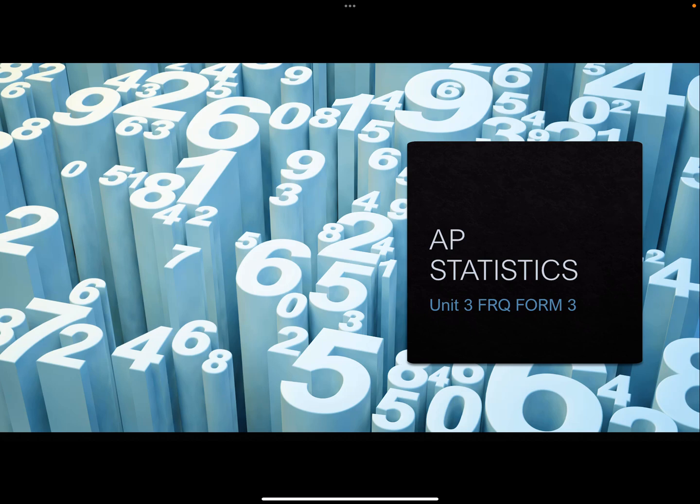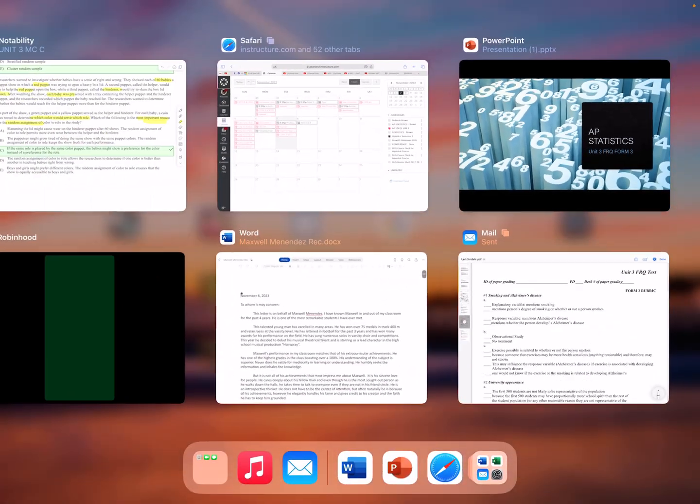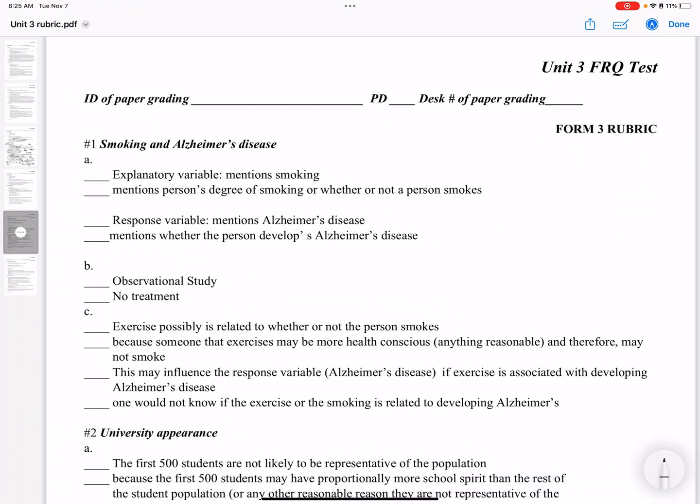This is Unit 3, FRQ answer form for Form 3. Okay, let's look at the rubric here for Form 3. And on this first question,